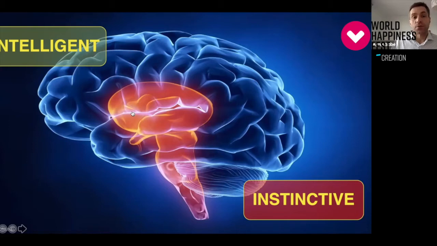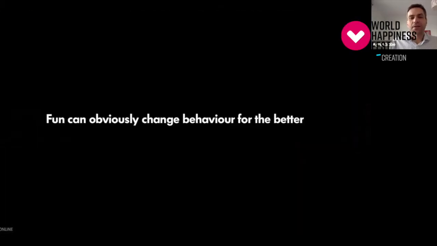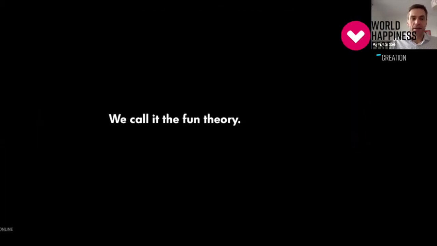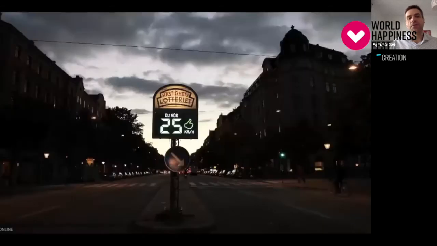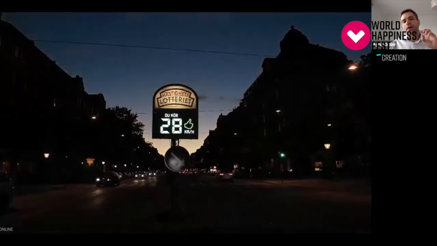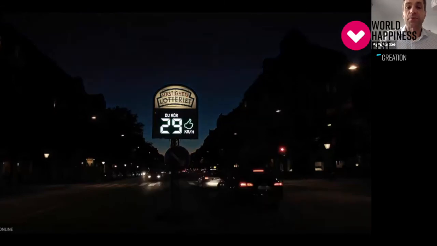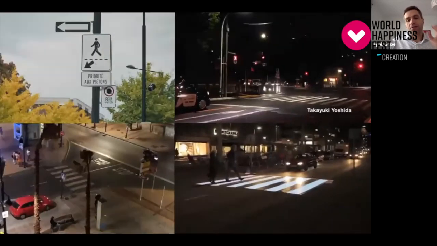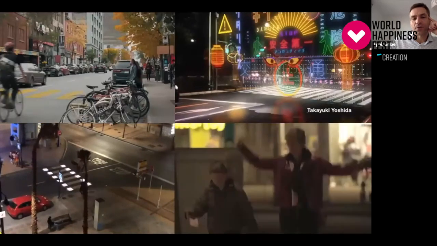So a book that Kahneman wrote is Thinking, Fast and Slow. So knowing these two parts of the brain, there have been urban innovations that are targeted. In this case, if you see different numbers changing, that pretty much addresses your intelligent part of the brain. And then the appeal that you would make your decision to slow down if you speed with your car in the city. And then there are other innovations, and here's a collection of people walking over the crossroads in different